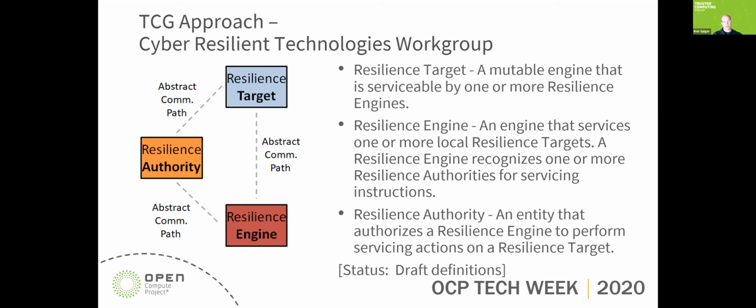So we're expecting the engine to be local on the same device as the target, to reach into it and do those repairs. And it also needs a way to protect itself from the target. Maybe it has its own backup image or storage or configuration. Those need to be protected from the target in case the target is compromised, so recovery can still happen correctly by the engine. And then finally, we have put a whole bunch of other stuff that decides when recovery needs to happen into something we're calling the resilience authority.